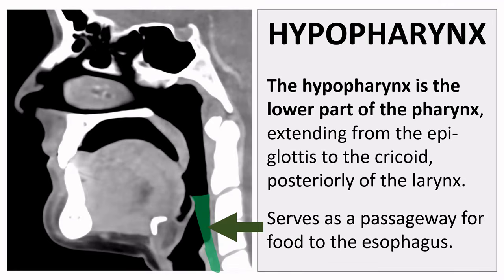Cricoid, whatever, you know what I mean, posteriorly and located posteriorly of the larynx. And the hypopharynx serves as a passageway for food to the esophagus. The hypopharynx is probably the most difficult one of the components of the pharynx. It is actually quite small, quite dense, and from an anatomical point of view, strongly related with the larynx lying